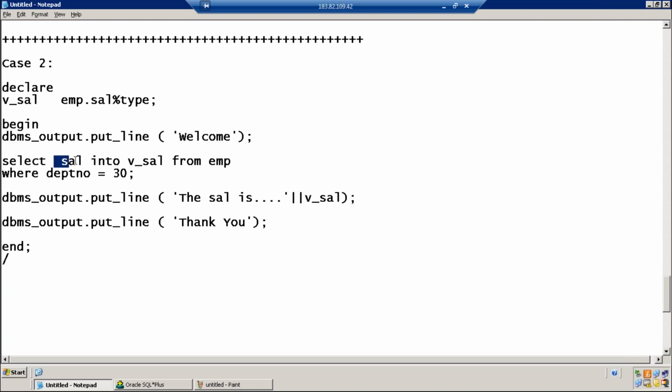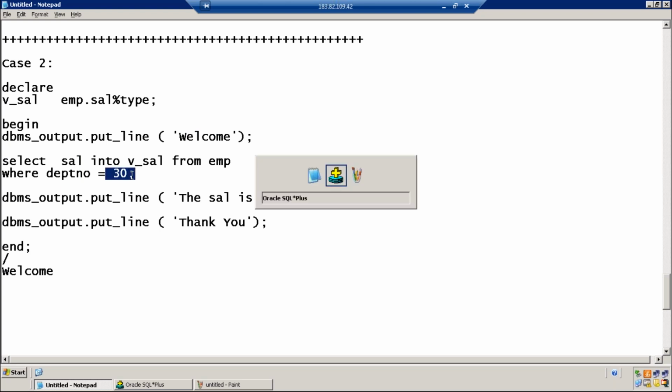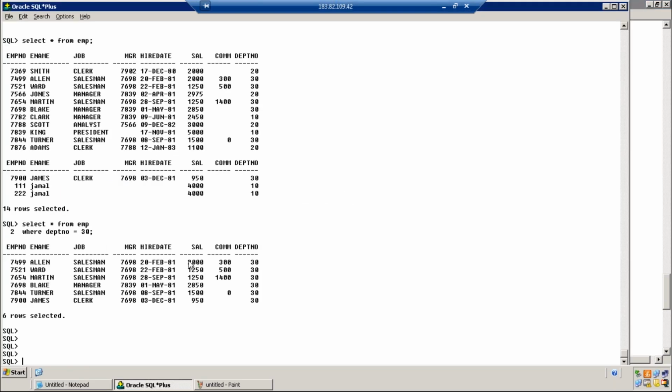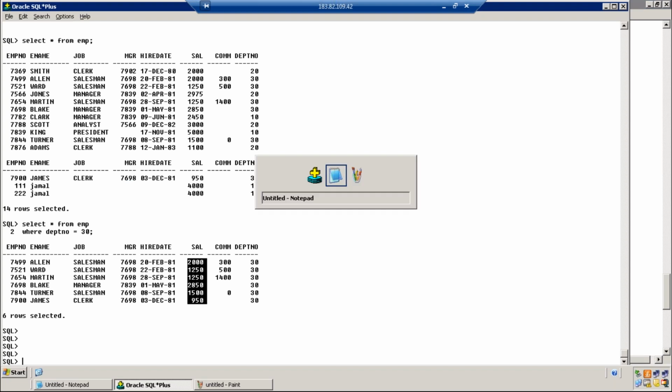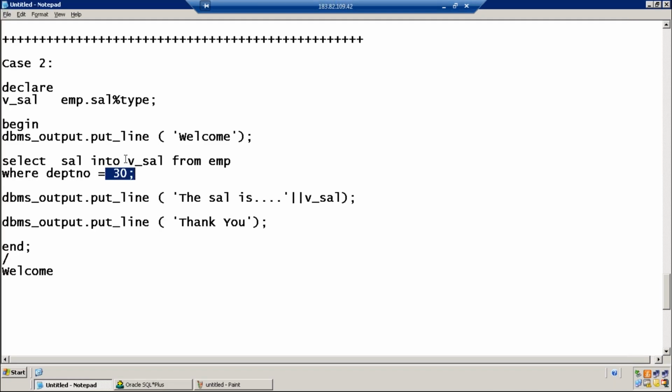How many rows will the select statement return? 6. So what will be the output? You have 6 salaries. First, Welcome is printed, because program execution starts from begin. Select salary from the employee table where department number equals 30. In department number 30, it's not one salary; your select statement is returning 6 values. A variable can store only one value.